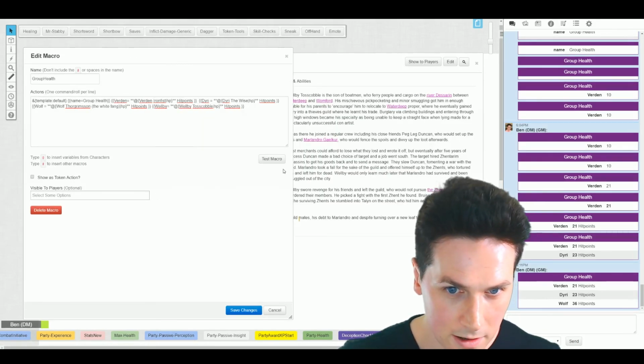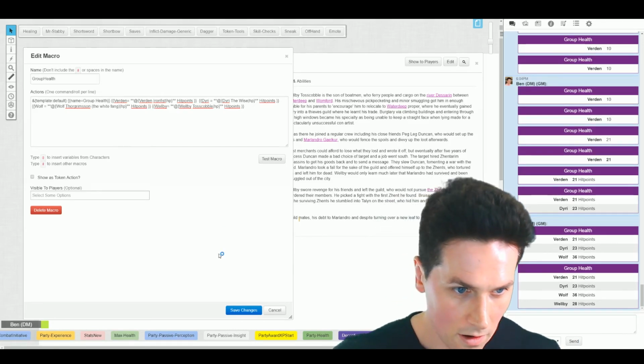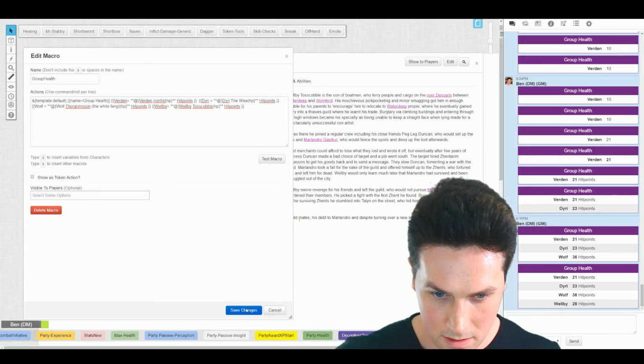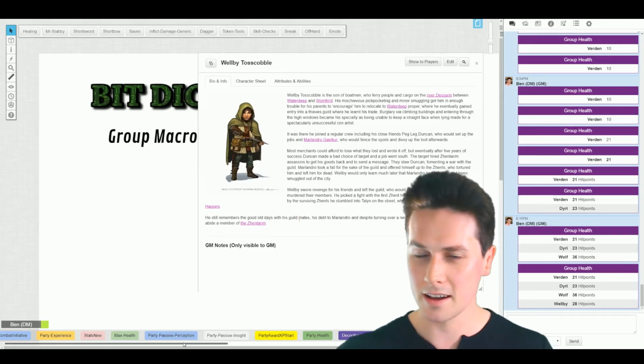Close down some of these windows. Test macro, and Welby's in there as well. So we've got this macro. We'll save it again, and you may have noticed I have these garish-looking, multicolored